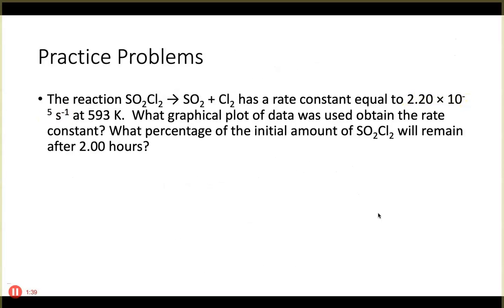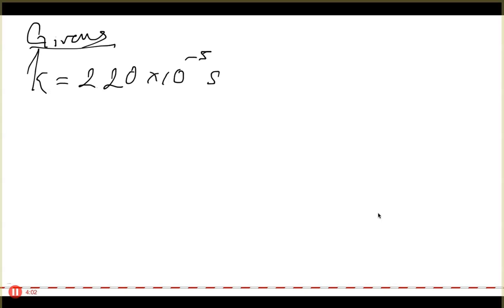So let's try the second part. What percentage of the initial amount of SO2Cl2 will remain after 2 hours? Let's go to the next slide, and it should be blank. Good. We'll take that problem, and as always, we're going to list our givens and finds, and then we'll attack the problem. Our givens are: we said our rate constant k is equal to 2.20 times 10 to the negative fifth per second. The temperature we were given was 593 Kelvin,